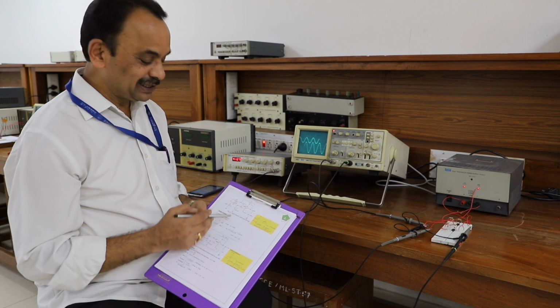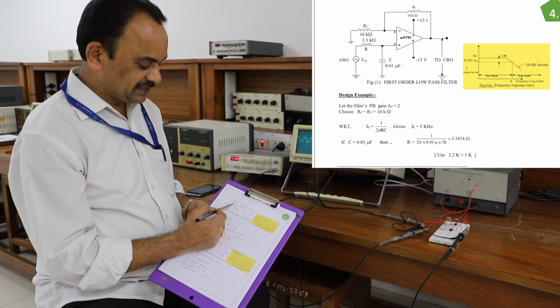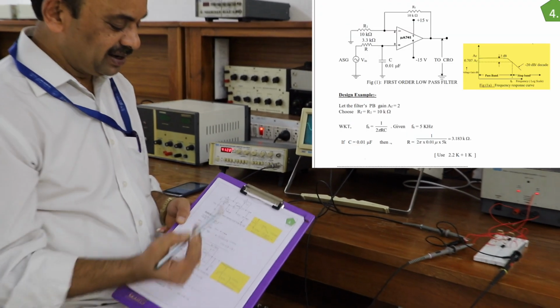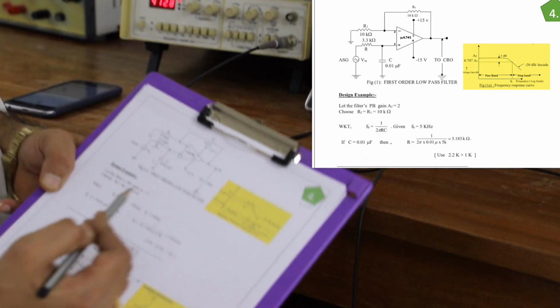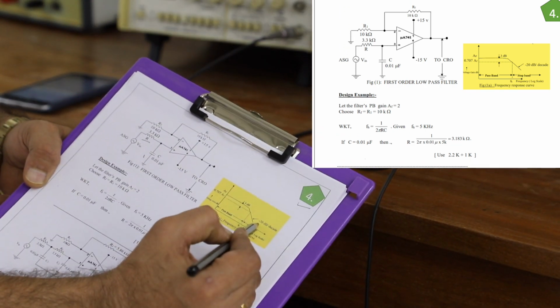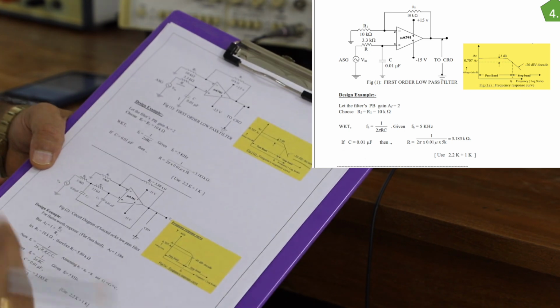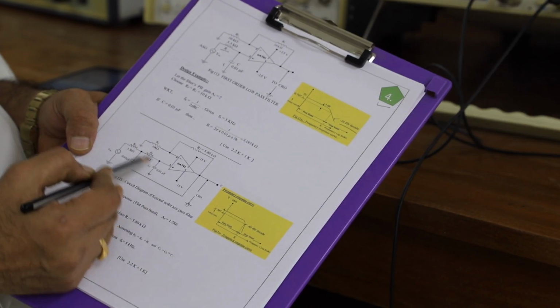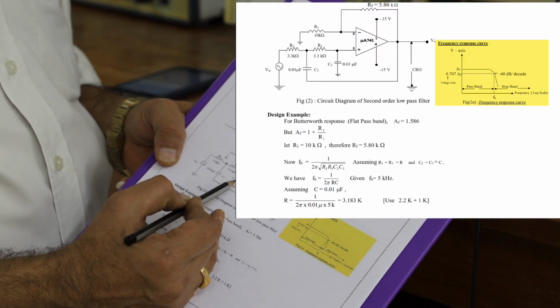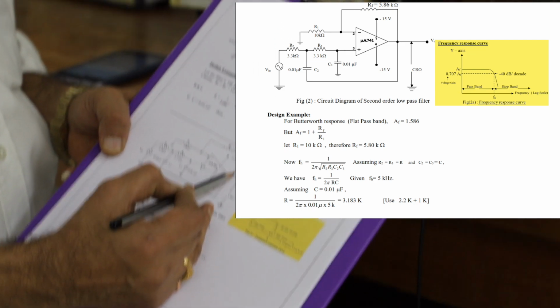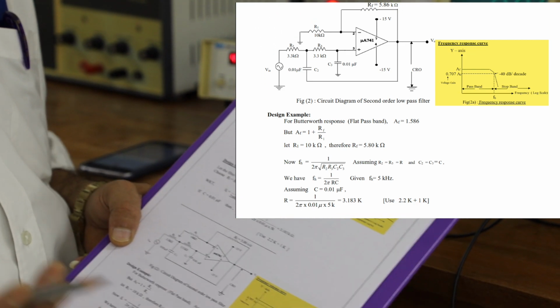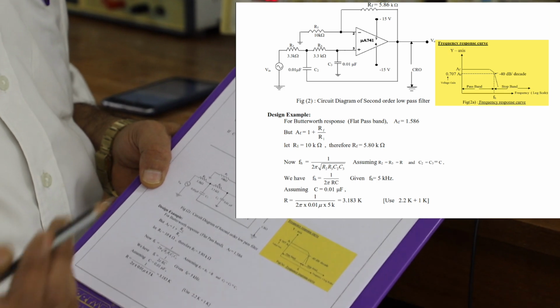The first circuit is a low pass filter, active filter. As you can see here, there is an R here and a C here, and the gain could be anything for a low pass filter. So that will have a roll-off rate of minus 20 decibel per decade, which I'll first demonstrate. Then I'll add two RC sections. The second C is grounded, but the first C is given back to the output, which we have called a Sallen-Key configuration in the theory class discussions.